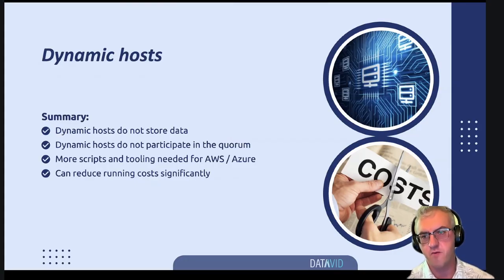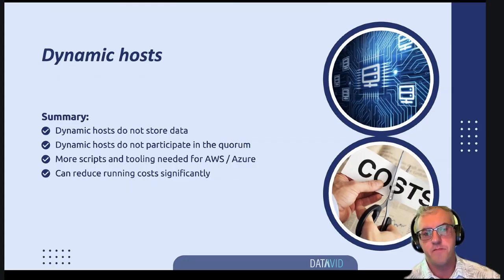Depending on the type of query, your query will be fetched immediately from the e-node, from the dynamic host, if it's in the index, and if not, the evaluator node still helps with the computation part. But do bear in mind that the dynamic host feature for now is purely for the evaluator nodes. Still, it's a great improvement because, unlike previously, the dynamic hosts do not participate in the quorum, so there will not be a situation where your entire cluster goes offline if you remove too many